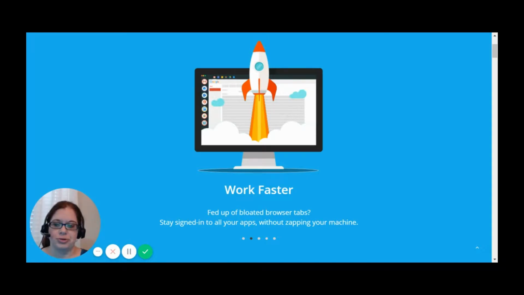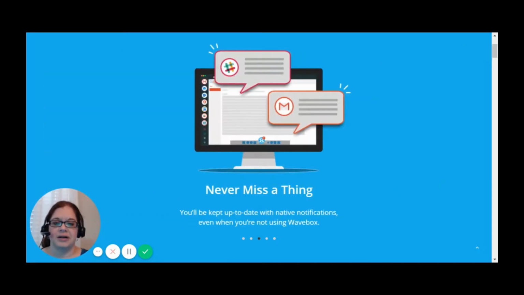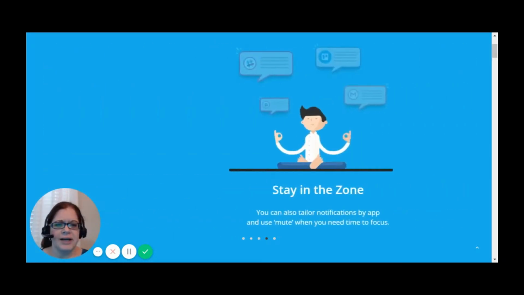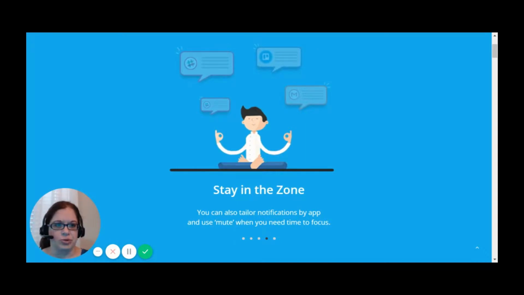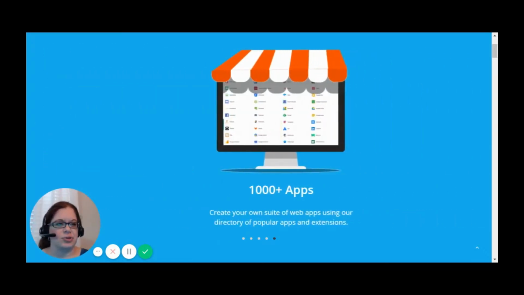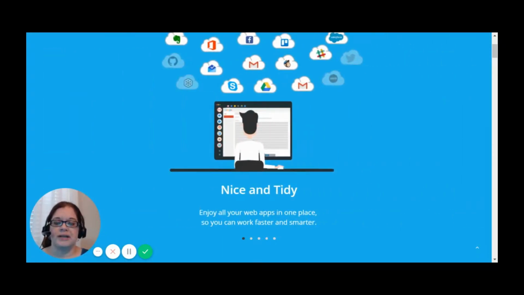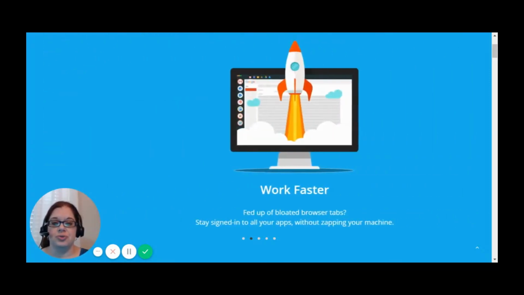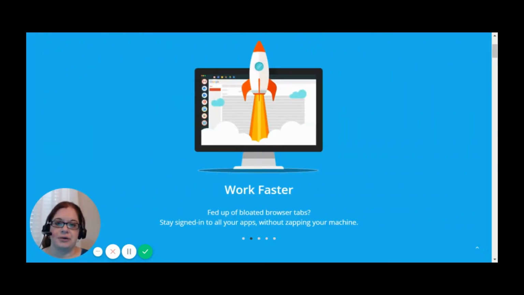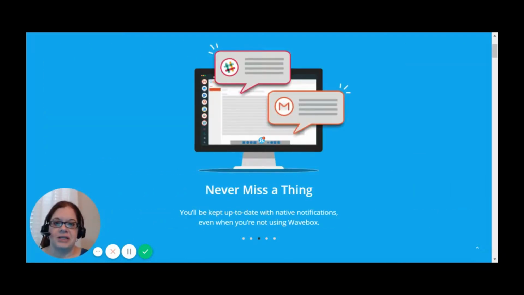I have an eyedropper tool when I need to pull brand colors from websites. I have an image cropping tool. I've got some stats tools, a timer. I have so many extensions that I use regularly that it became frustrating for me. Anytime I needed to use one of those, I ended up having to jump out of WaveBox anyways and open the tab that I needed to work in right in the browser.